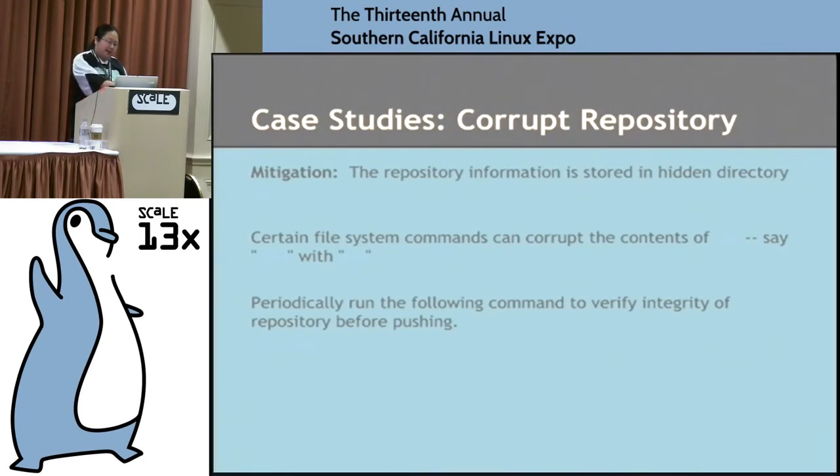And the command that you can't see at the bottom, and I will try to fix this later, is that in Mercurial, there is a command called verify. So if you run hg verify, it will go through and tell you whether your repository is corrupt or not. And the earlier you know whether your repository is corrupt, the earlier you can correct it. Because what I basically did when I was solving this problem is that he had to put his repository to one side, do a fresh clone, and then patch the files and commit that. So the earlier you know, the less change you will have lost.